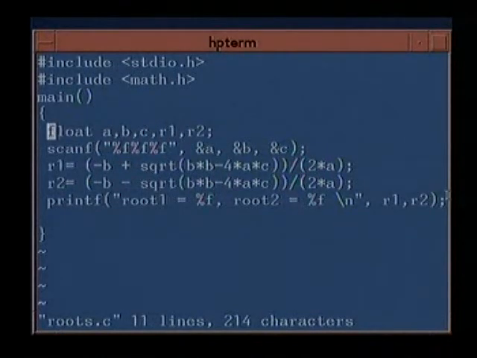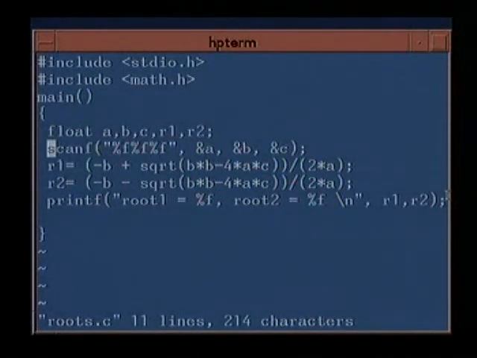Float a, b, c, r1, r2. a, b, c are expected to be the values of the coefficients of a quadratic equation, which is given as ax squared plus bx plus c, and r1 and r2 are the roots that we are expected to find, and we will take in some real numbers.